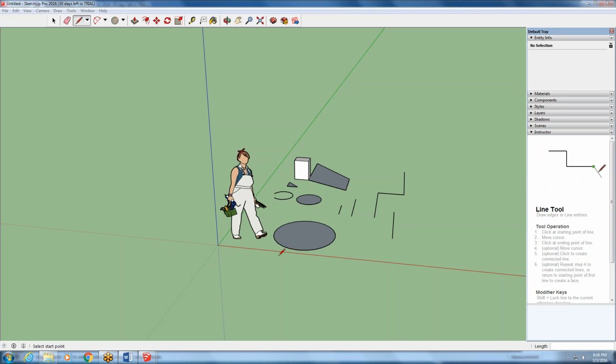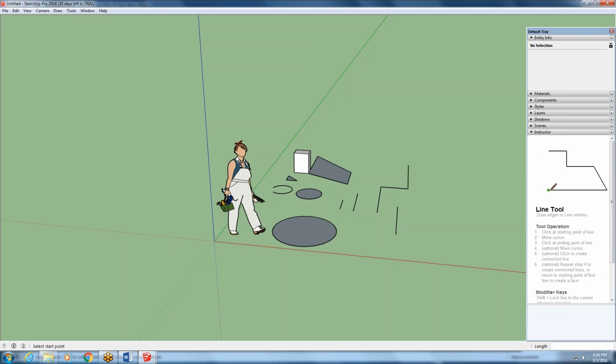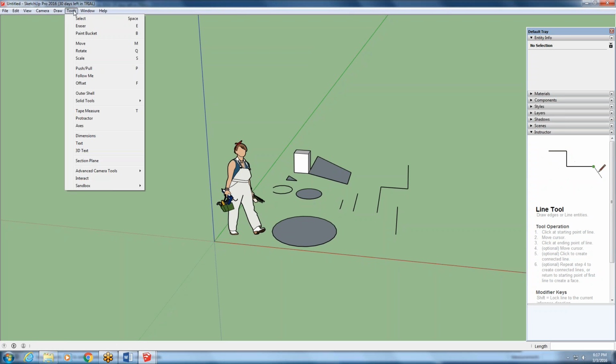All right, so now we've talked about and visited some of the tools. I want to talk about what happens if you lose this toolbar. Layers gets closed out, or somehow you close out of all of your drawing tools. How can we fix that? You have your other menu at the top, the menu bar. So that's these: File, Edit, View, Camera, Draw, Tools, Window, Help, Menu bar. And you would simply go into